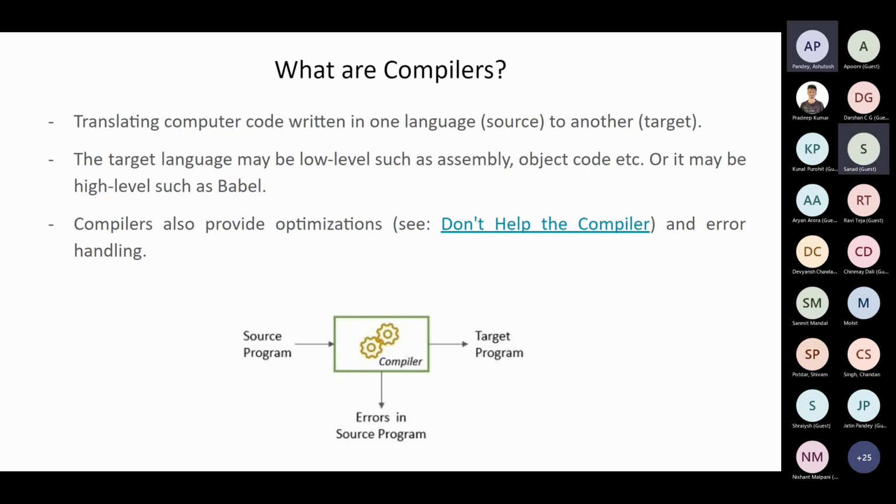So compilers don't just translate code; they also provide optimizations. Quick note on this: if you have played old games like, I don't know, the OG Doom or something, then certain parts of those games and applications at that time were written in assembly. And even today, some niche applications like high frequency trading firms employ assembly in some parts of their code, but for the most part, it's nearly impossible for a human being to write a large amount of assembly that is more efficient than what the compiler does.